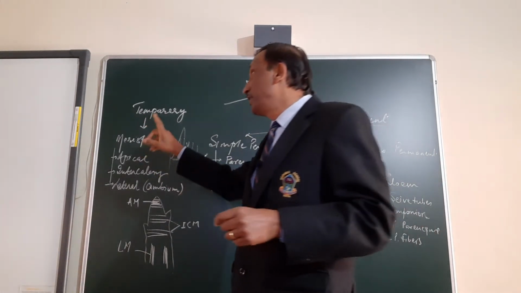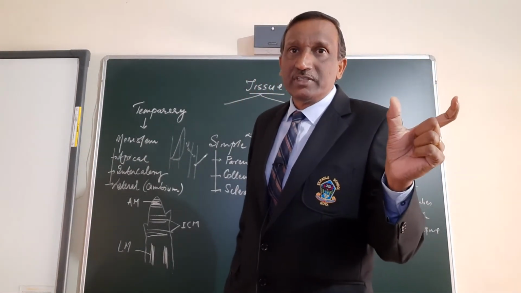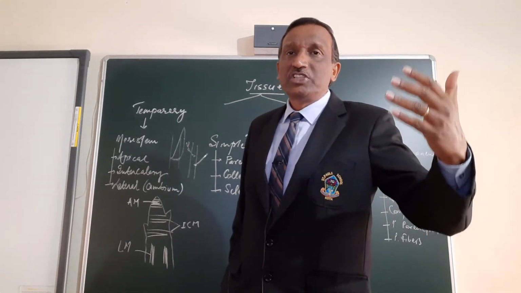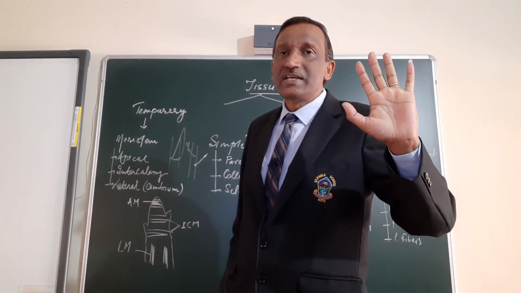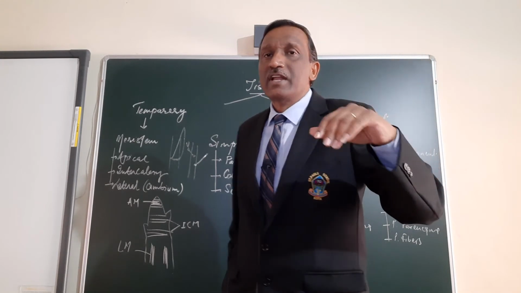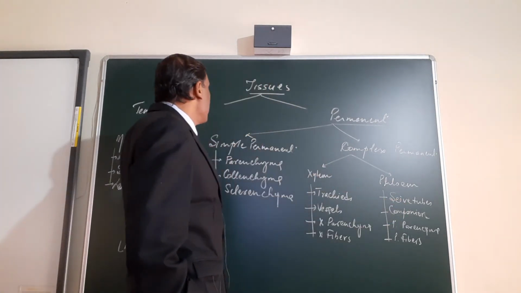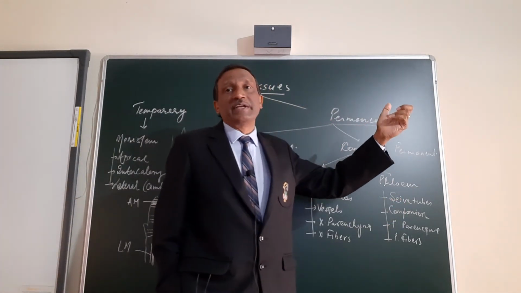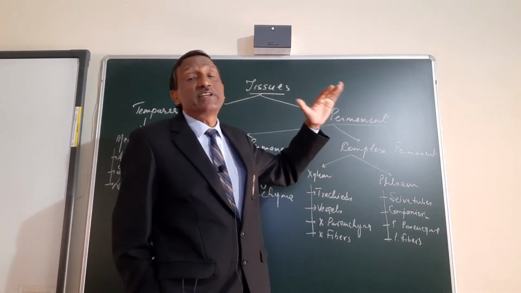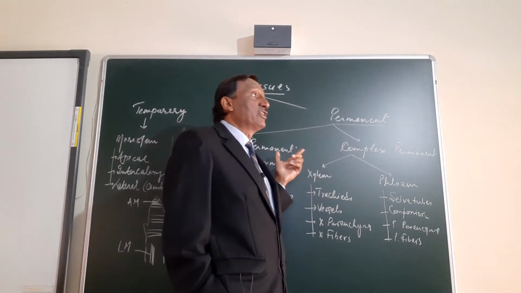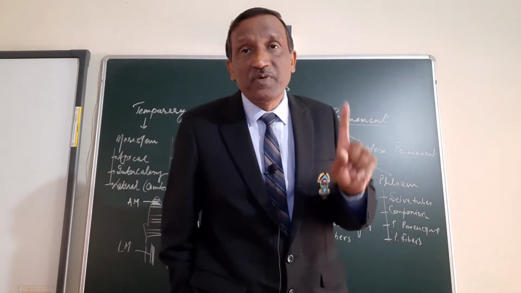Now permanent tissue. The temporary tissue was specifically responsible for cell division and to increase the number of cells, and that was responsible for growth and development and repair and regeneration and reproduction. New cells are required for all these purposes. Okay. Now where growth is not required, where some specific function is required, the cells lose their ability of cell division and they become permanent. So the word permanent means those cells which have lost their ability to divide. Now they are of two types, that is the simple permanent and complex permanent. Simple permanent are those tissues which are made up of only one kind of cells.